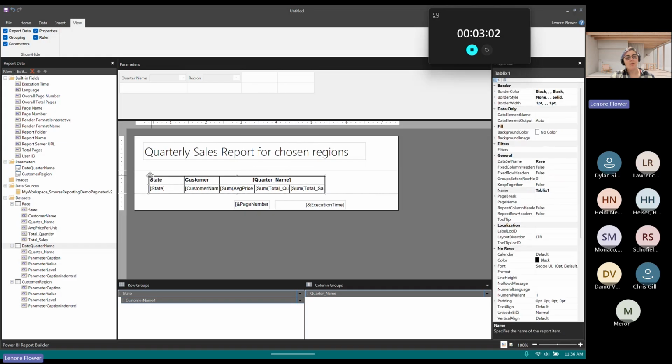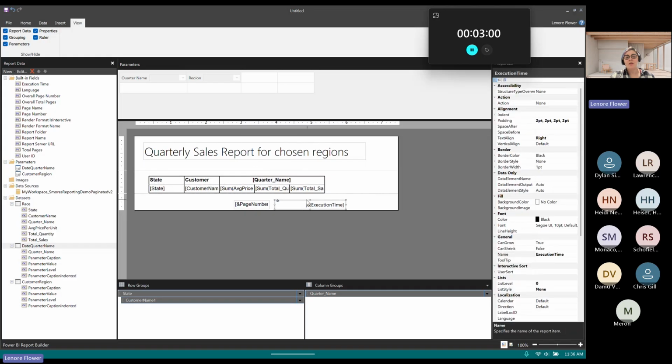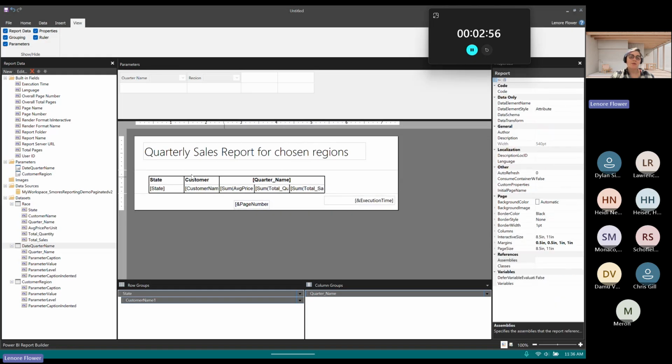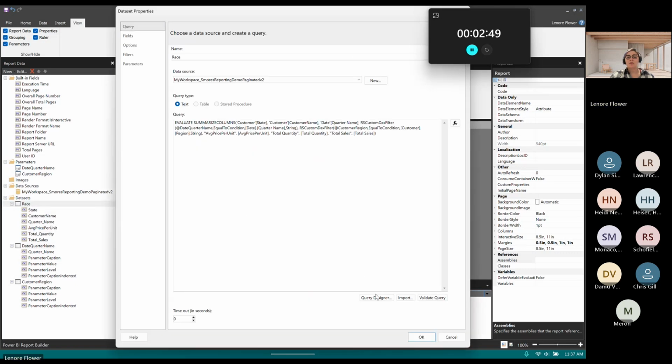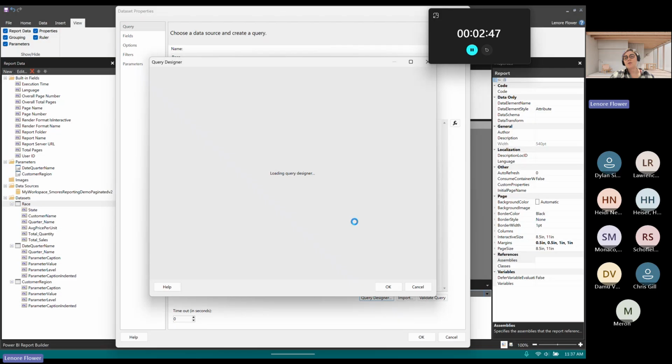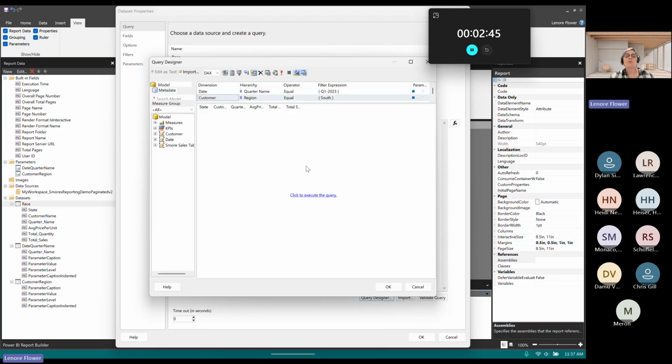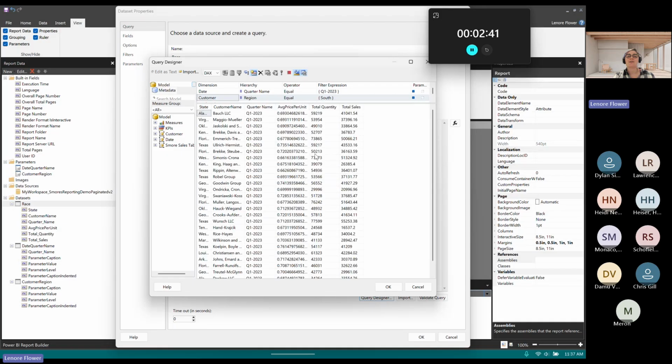So now we have our basic report structure. We can move on. There's one more thing that we might want to do here, which is way back when we were starting with this, we noted that we need to be able to organize our data by group. We need to be able to sort our data, which requires us to have things like a quarter sort value.